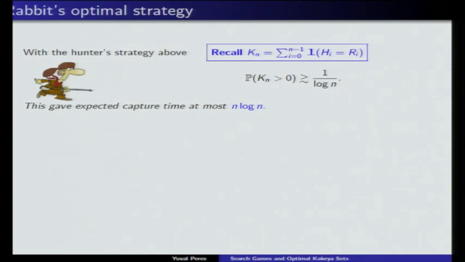But still, the question is, can one do better than n log n? And if you don't find anything better for the Hunter, then the attention has to turn to the rabbit. What can the rabbit do better than linear time? The two extreme strategies for the rabbit are: either hide all the time in the same spot, or jump. They both lead to n.